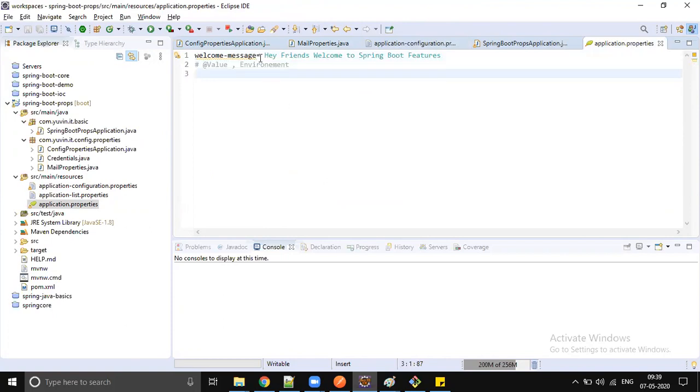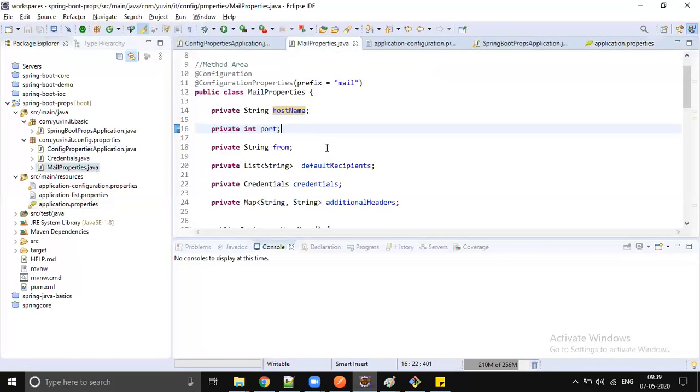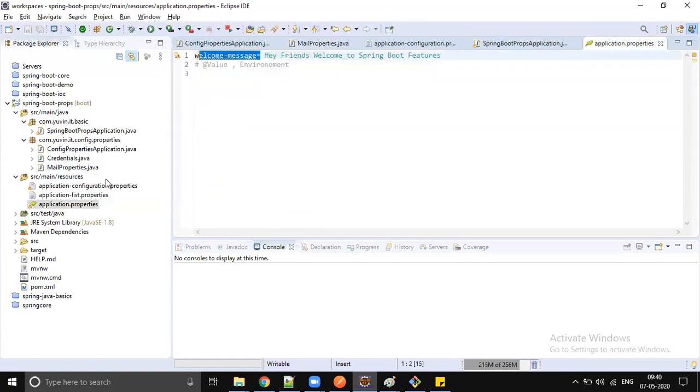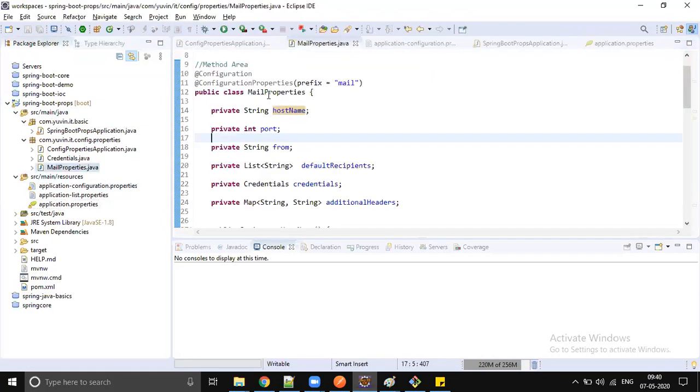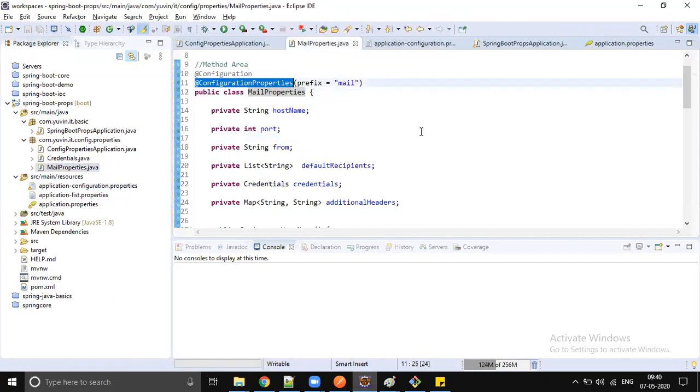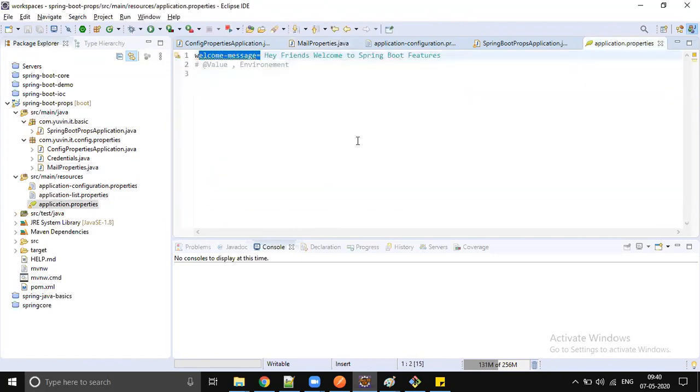For one property, writing a Java file and annotating it with configuration properties doesn't make sense, right? I mean, that doesn't look good. The welcome message also can be loaded into a Java file and annotated with configuration properties, but that doesn't look good because welcome message is an individual message. It's not a group.